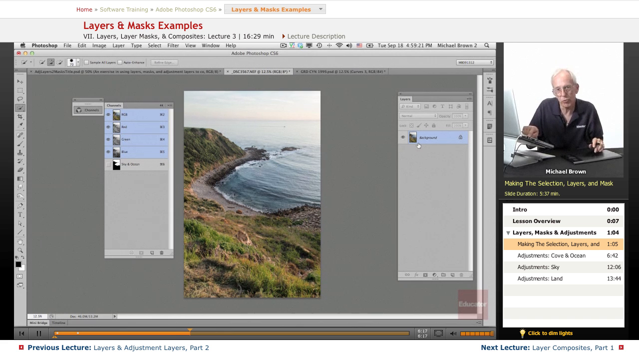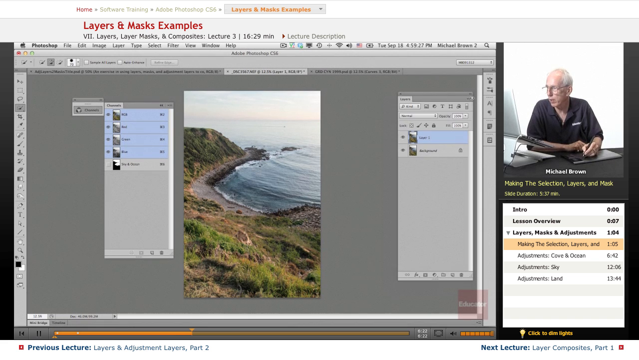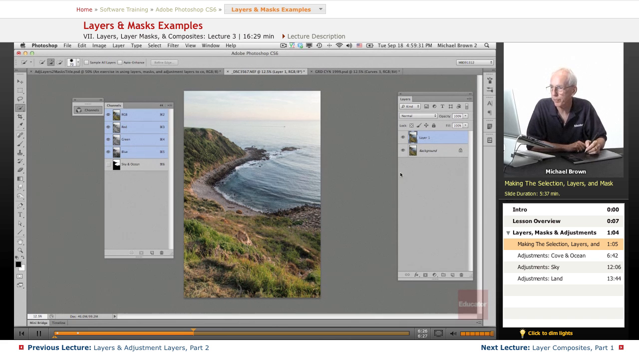Command on a Mac, Control on a PC, plus the letter J for the shortcut, or duplicate layer here on the Layers drop-down, or over here. Now we have that. So, the first thing I want to do is take the order. I need the sky to come down. I need the ocean to come down. I need to snap the cove, but I don't want to make it come down anymore. And we have a full selection of